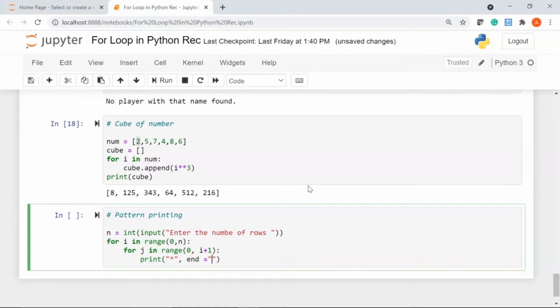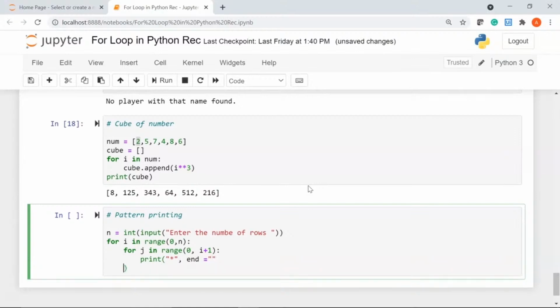I'll have my double quotations and then we'll say print